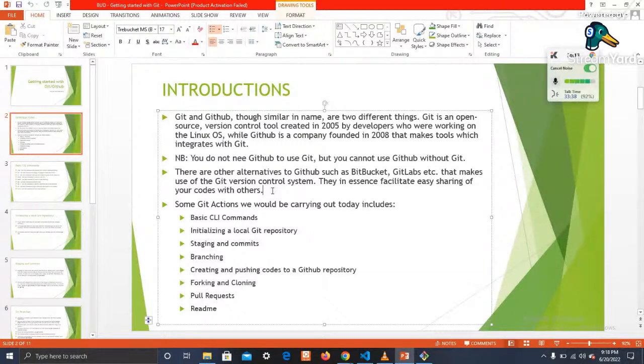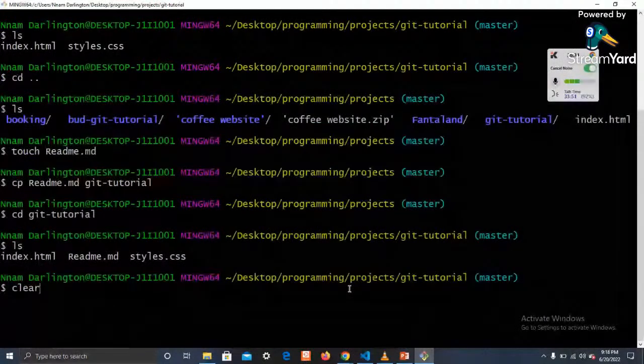So those are what you call code editors. But command line interfaces are used to interact with the operating system. So when we do most of all these things, we are just interacting with our operating system. I don't know if we get that.